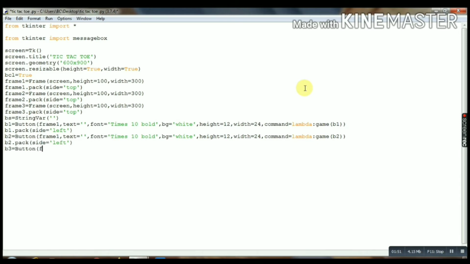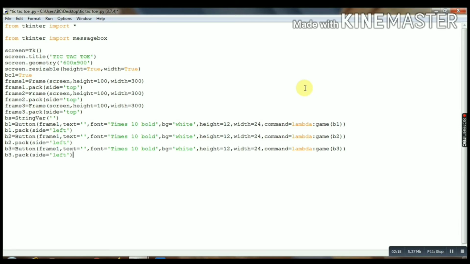Similarly we will create B3 button. Okay, font same, background same, height 12, width 24. Command also same. As you have an idea, I am skipping this.